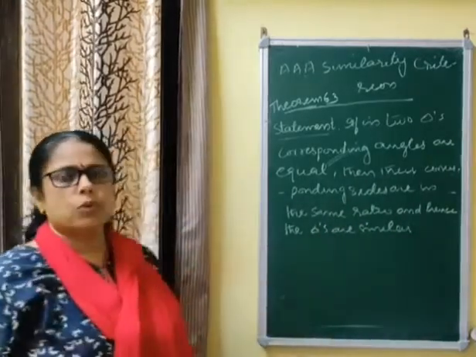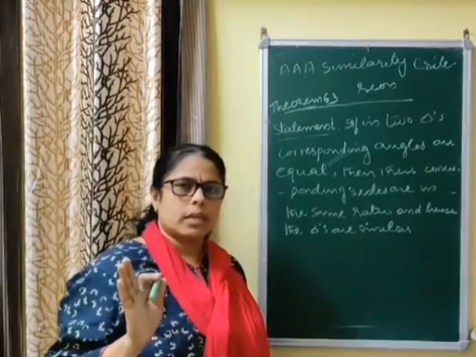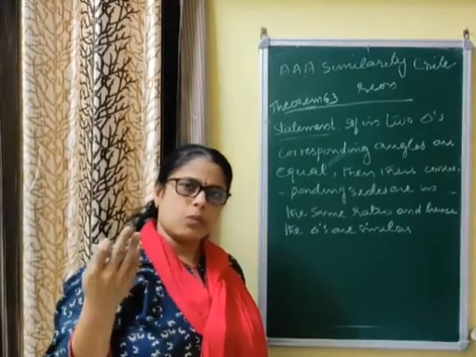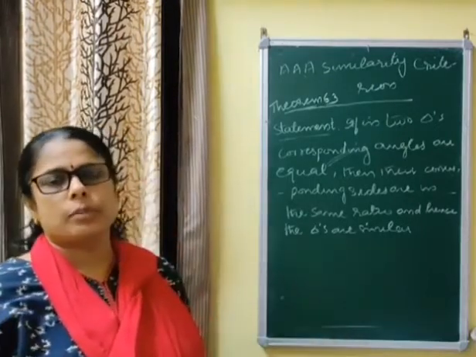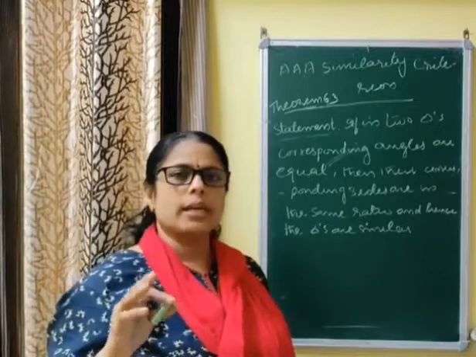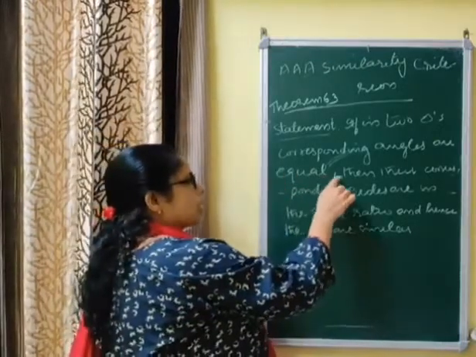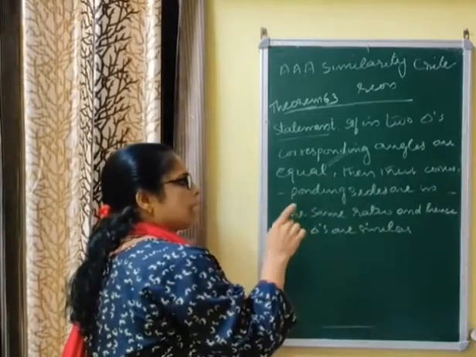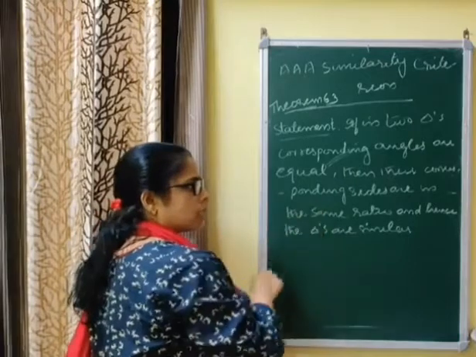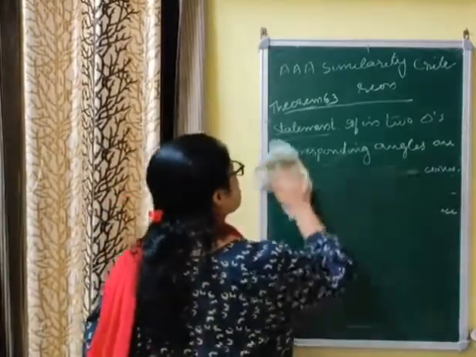That means, if you are given 2 triangles, and the corresponding angles of both the triangles are equal, then their respective sides will be in the same ratio, proportional. When 2 triangles are similar, the corresponding angles are equal and corresponding sides are in the same ratio. If 3 angles of the first triangle are respectively equal to the 3 angles of the second triangle, then the corresponding sides are in the same ratio. That is another condition of similarity. Hence, the triangles are similar. How can we prove this?